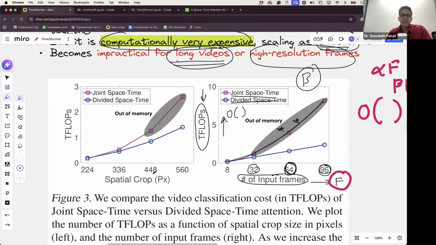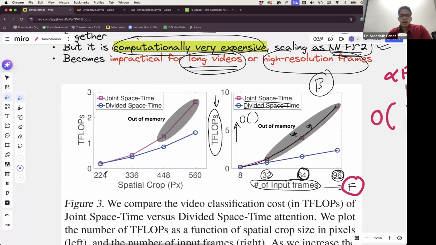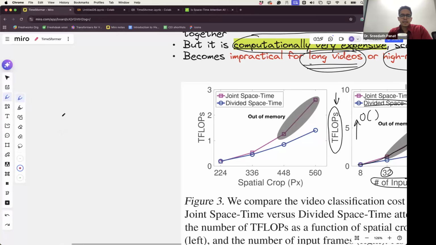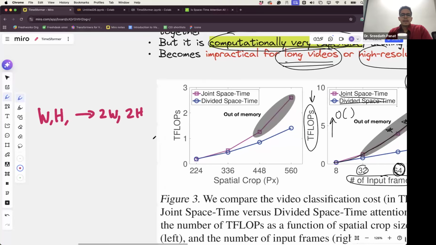Okay, now let's calculate this. If image size doubles, let's say image size becomes W and H becomes 2W and 2H. Okay. What happens to the attention complexity in joint space-time attention? Will it double or will it quadruple or will it be something else? Basically, will it be linear or quadratic? If this axis doubles from 224 to 448, will the attention complexity double or will it become